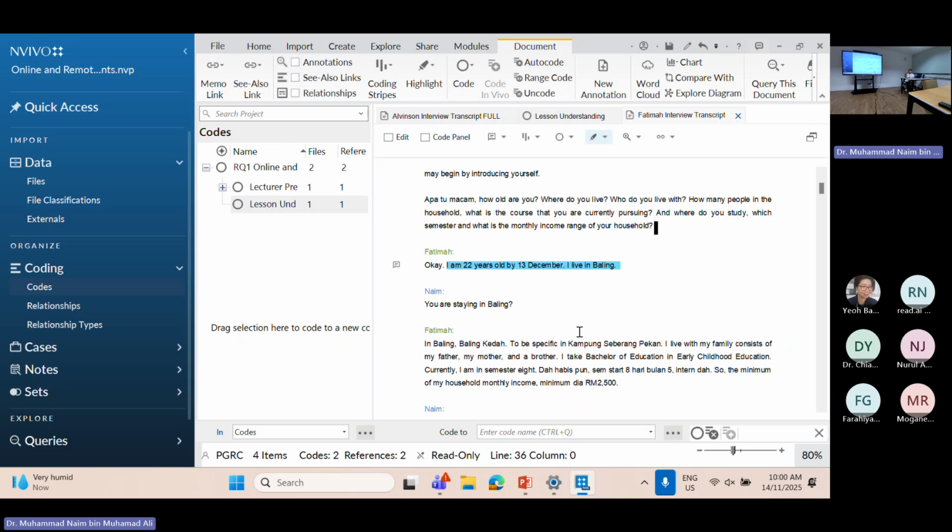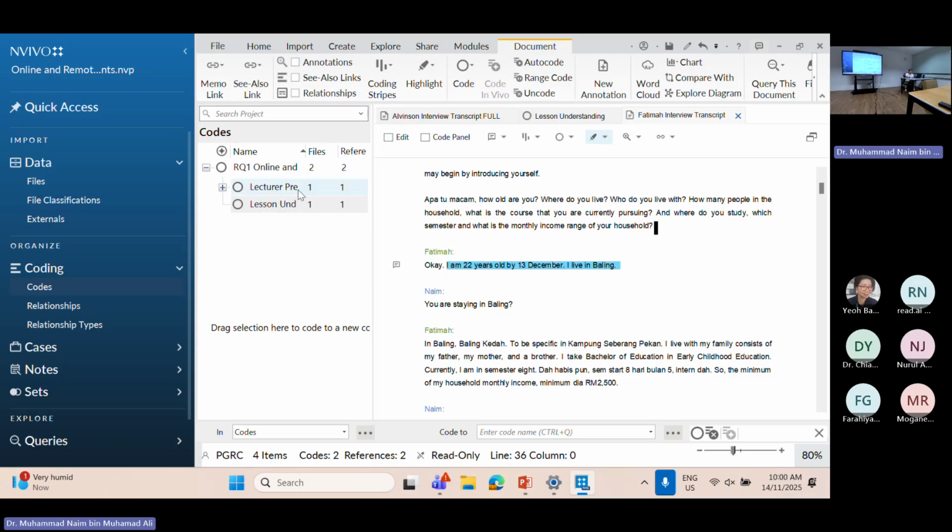So it will help us organize all of these transcripts and all of the codes that we have collected or chose to use for our research.